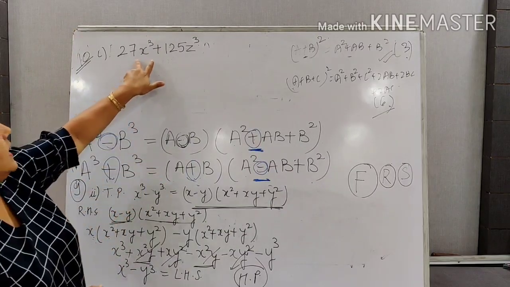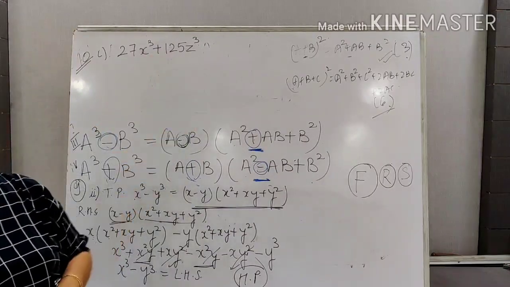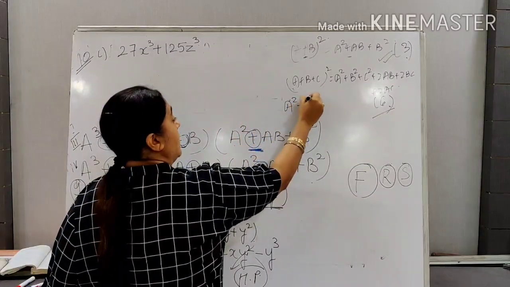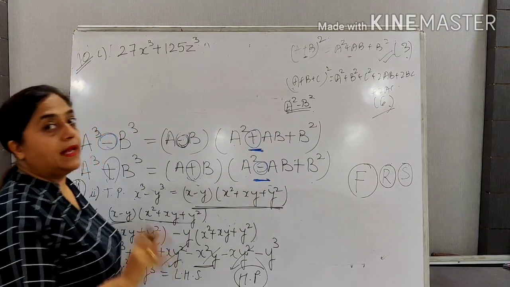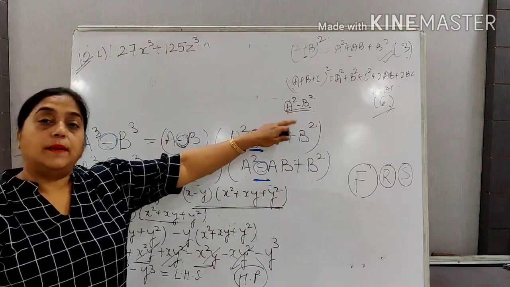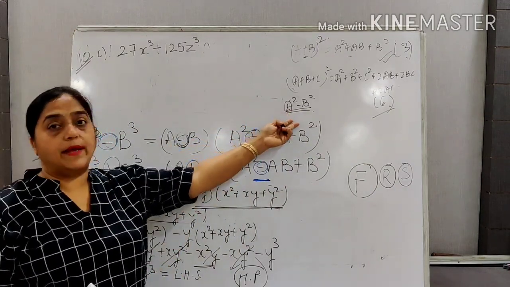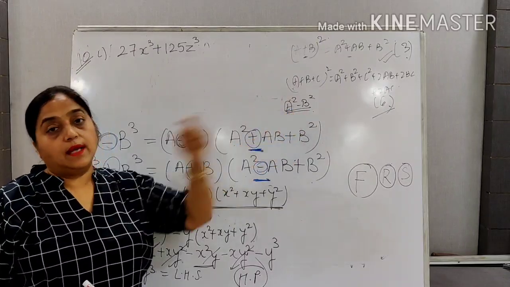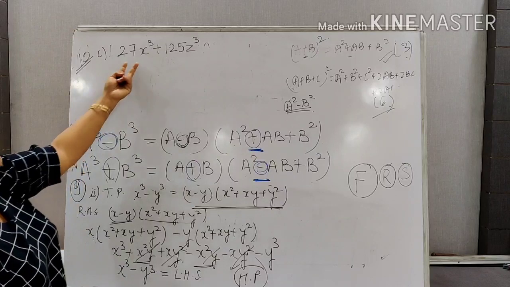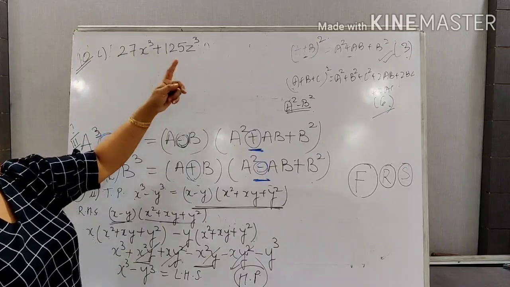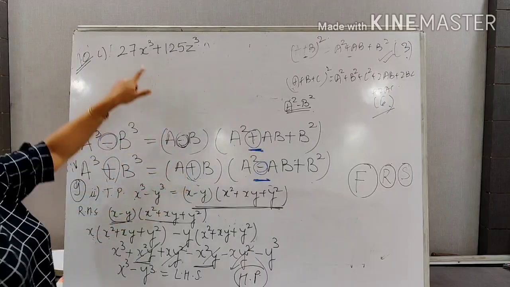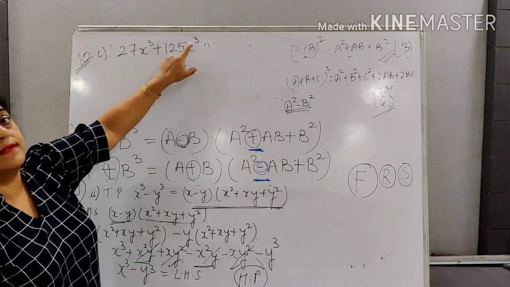Similarly, in this question I have a cube plus b cube. Why? It is unlike a square minus b square. In a square minus b square, first of all there was a square, and in between of course it is a binomial. It is having 2 terms. But what was in between the 2 terms? There was a minus sign. Here of course we have 2 terms, but what is the difference? There is a plus sign in between. What is the second difference? It is x cube. It is z cube.